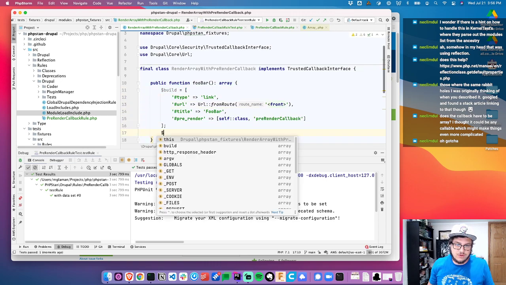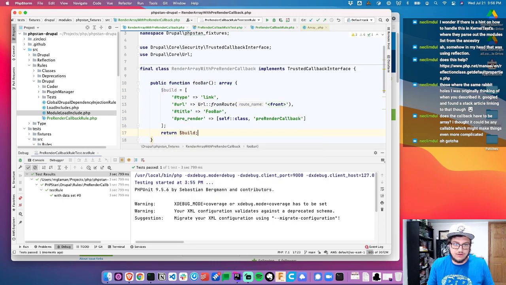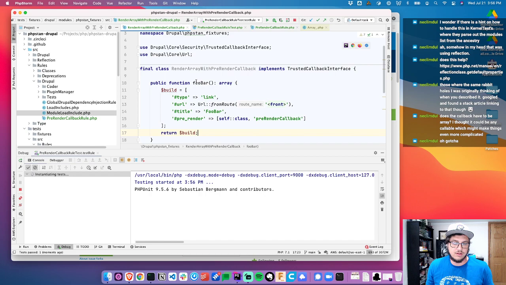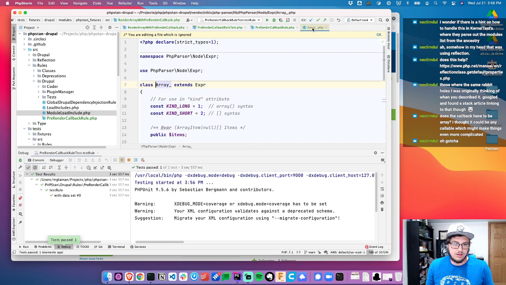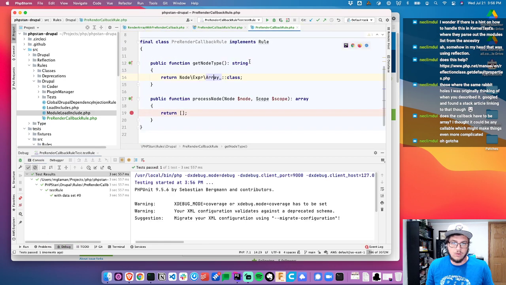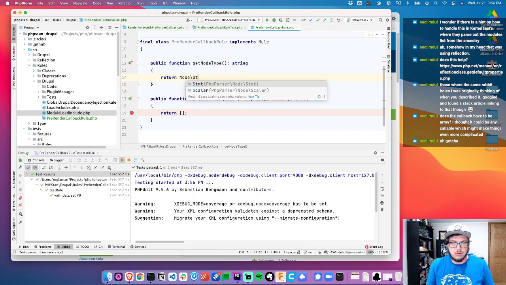Let's try this. Now we can't just... Let's see if that catches. And maybe it's because it's not an expression, it's actually a... All right. I know one way that we can find out. If we do a node statement